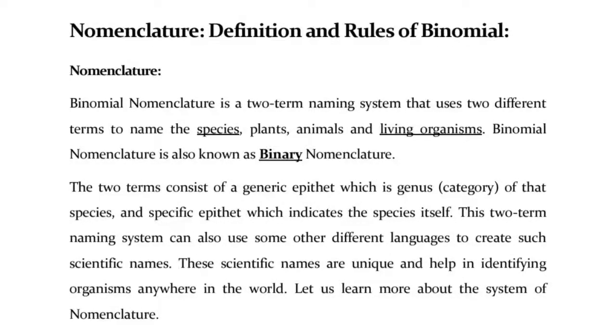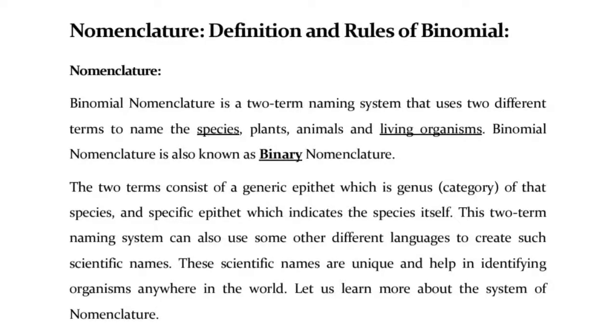Nomenclature, definition and rules of binomial nomenclature. Binomial nomenclature is a two-term naming system that uses two different terms to name the species, plants, animals, and living organisms. Binomial nomenclature is also known as binary nomenclature. The two terms consist of a generic epithet, which is the genus category of that species, and a specific epithet, which indicates